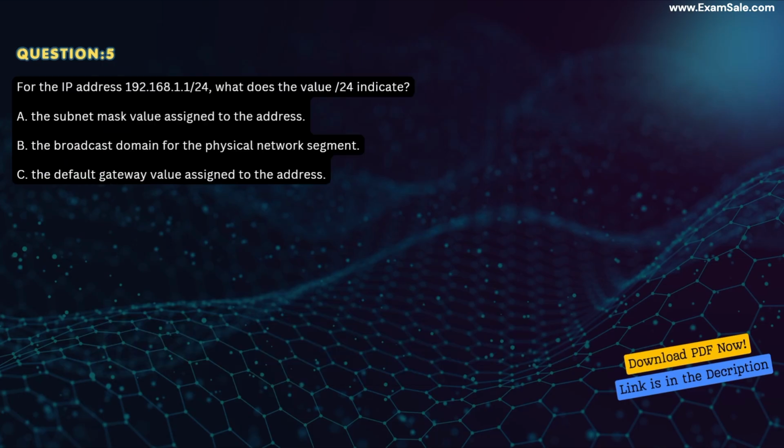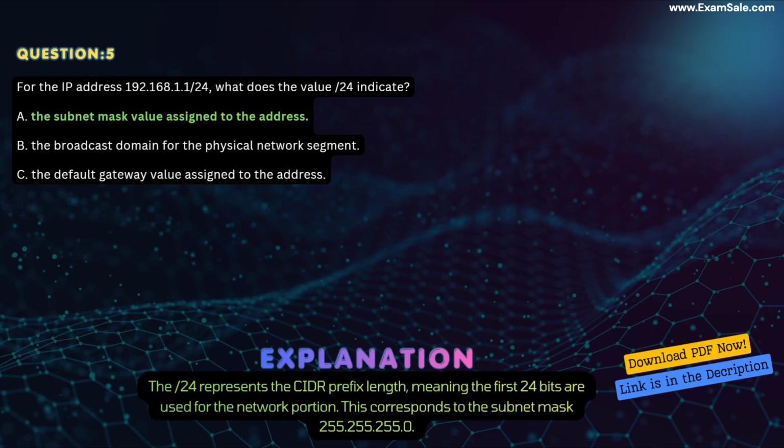Question 5. For the IP address 192.168.1.1/24, what does the value /24 indicate? A. The subnet mask value assigned to the address. B. The broadcast domain for the physical network segment. C. The default gateway value assigned to the address. Correct answer: A. The subnet mask value assigned to the address. Explanation: The /24 represents the CIDR prefix length, meaning the first 24 bits are used for the network portion. This corresponds to the subnet mask